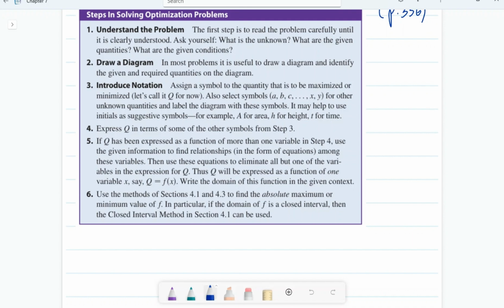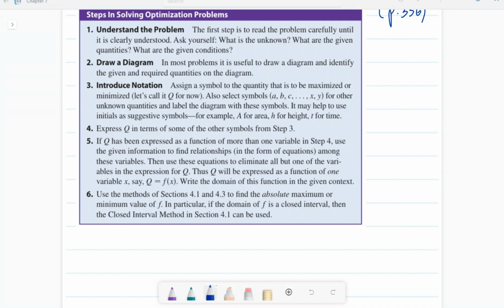Finally, in step 6, as I said, in these problems, you're either trying to maximize or minimize something. So you need to find either the absolute maximum or minimum value. This can happen either through the first derivative test, second derivative test, or it can happen by other ways. Usually the easiest thing to go to is the first derivative test. However, at some points we might use the closed interval method, which, if you remember, if we had an interval,